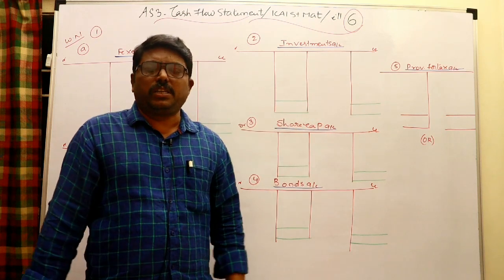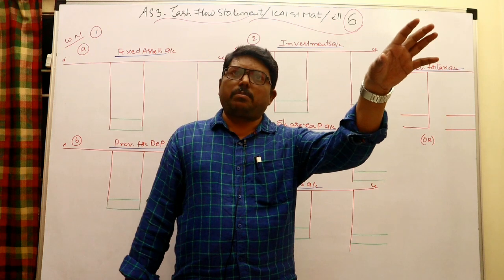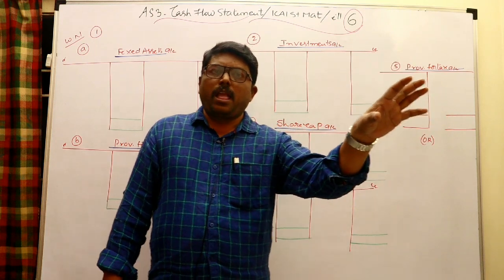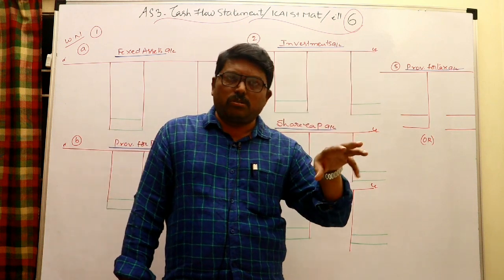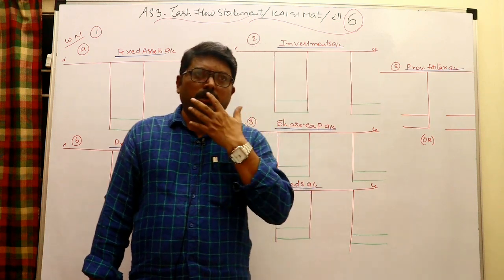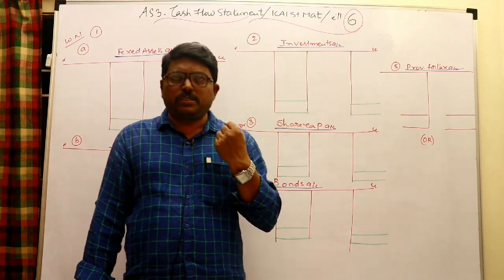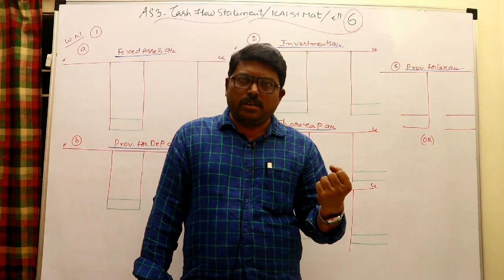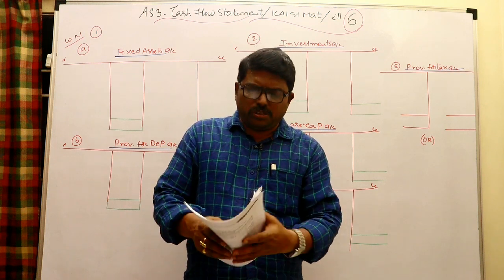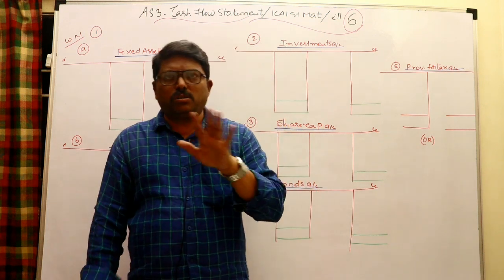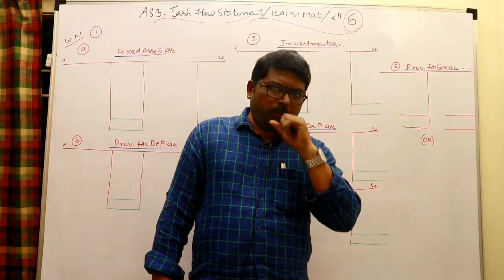Come back to the liability side. Normally on the liability side you have the share capital account, bank loan account, debentures account, bonds account, and other source of finance accounts. You may prepare those accounts to know whether any amount was raised from those sources, or paid for redemption or repayment. But here, current liabilities accounts need not be prepared. Only the share capital account and bonds account you have to prepare.